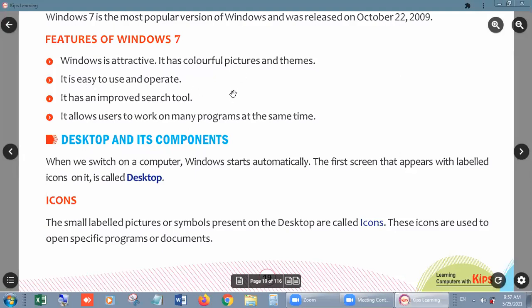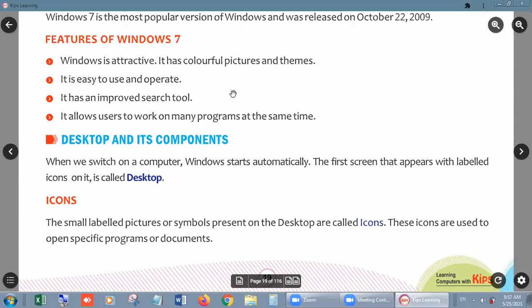Everyone can use it. There is no need to give any special training to any student, like a student from first standard. When you were in first standard, you were also able to click on the start button, then start Paintbrush, and then start to make drawings. It is very easy to use and operate, right, beta?